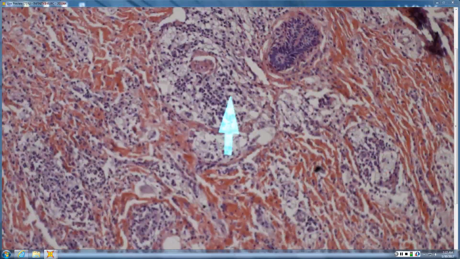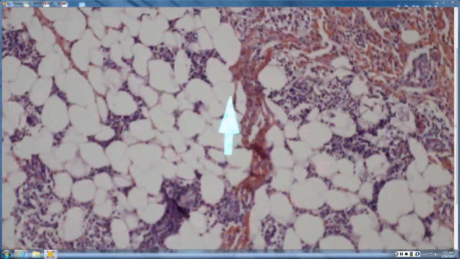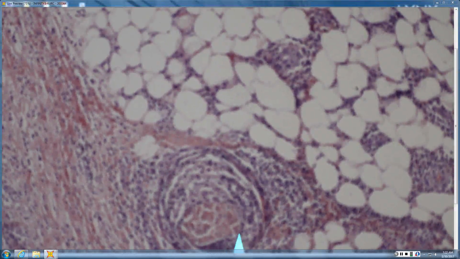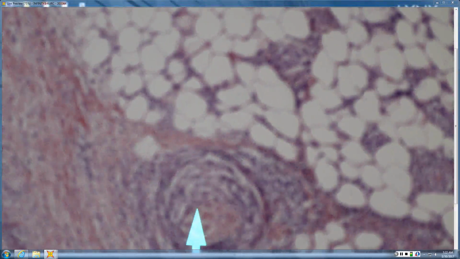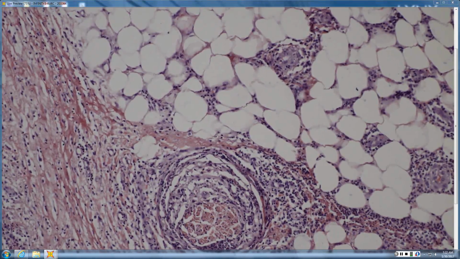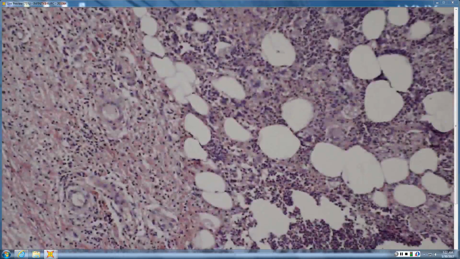Instead you're going to see more of the chronic changes, and it's most notable around vessels, but also around nerves, because that's where a lot of these organisms are attacking. So it's more around this nerve where you can see that onion skinning fibrosis, in the background of just diffuse mixed infiltrate. And you can sometimes see, depending on what end of the spectrum you're on, some globi and organisms,